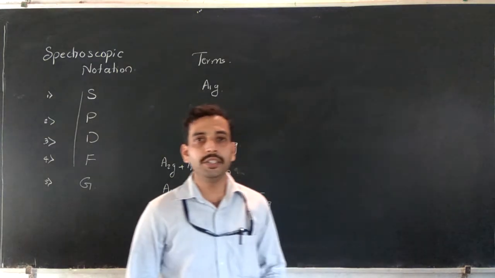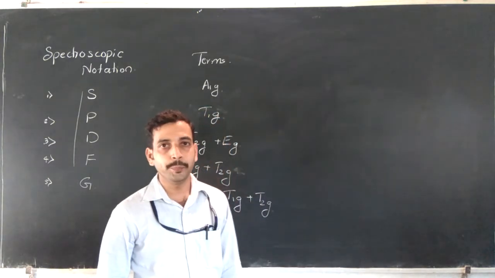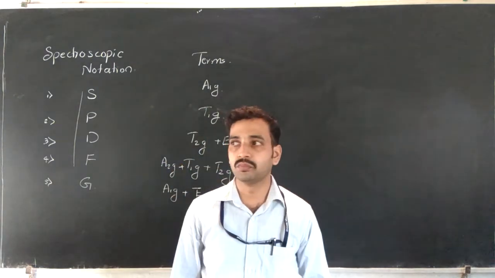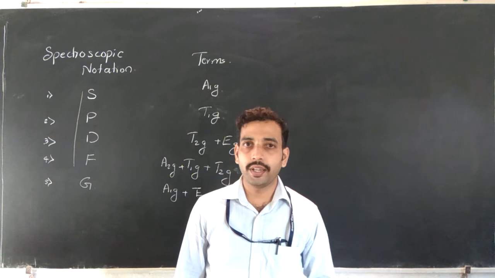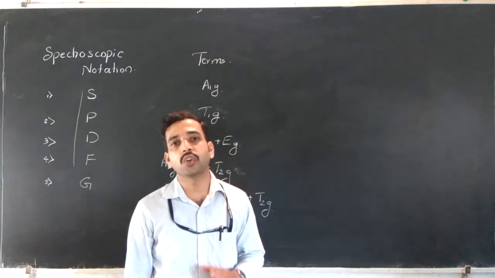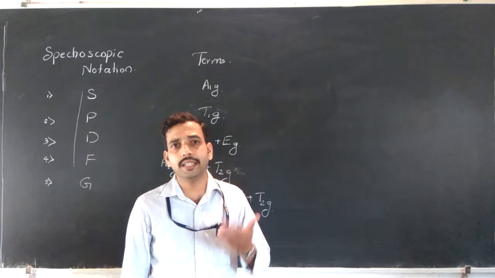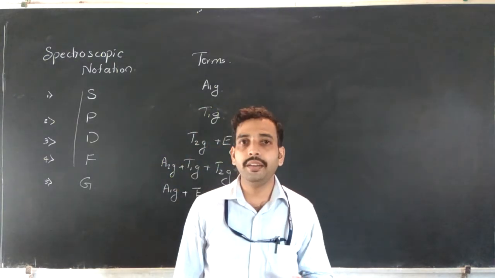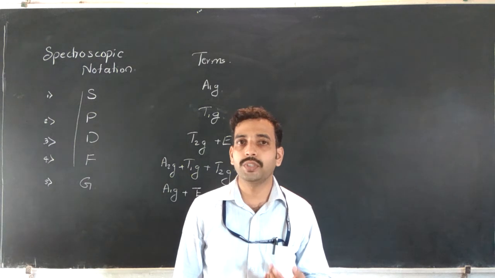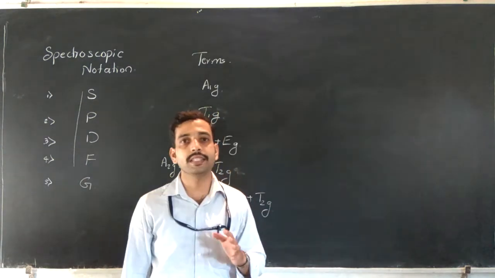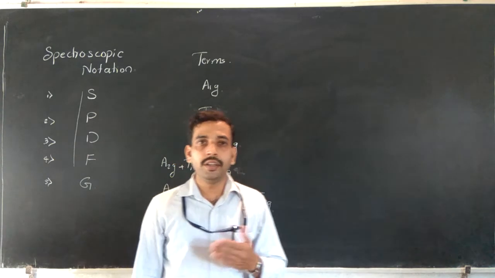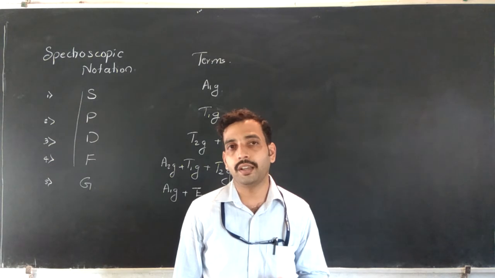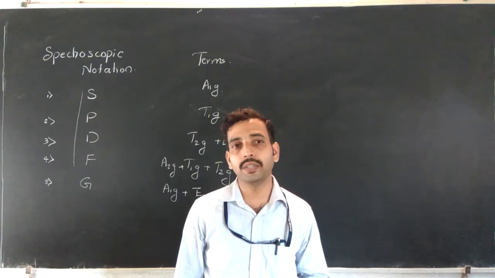It is the continuation class of the last video. In the last video, we discussed the introduction of Orgel diagrams and the general rules of Orgel diagrams. Just a glance at the last class: the rule that d^n plus or minus 5 of the octahedral or tetrahedral geometry have the same energy diagram. Then d^n is opposite to that of d^(10-n) in the Orgel diagram, for both octahedral as well as tetrahedral